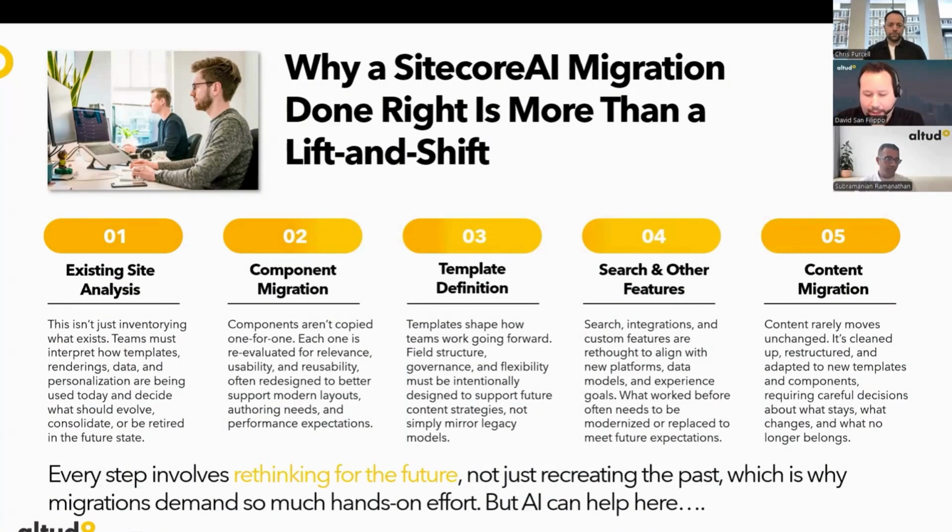Sitecore AI is kind of presented as an upgrade, and it's really not, especially if you're on a different platform, or even if you're on an older version of Sitecore where maybe you've implemented it in MVC. If you take a lift and shift approach, you're really putting a round peg into a square hole. You're also really losing the opportunity to make sure the solution you're building is the right solution from your